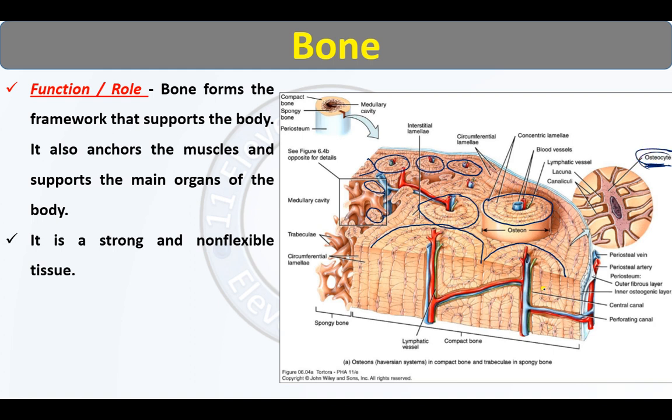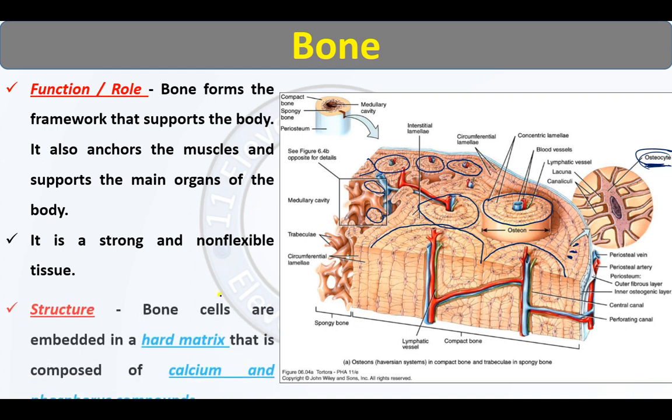See these small cells that you are seeing over here. This is one cell. This is another cell. This is third cell. These cells are known as osteocytes. This is the structure of osteocytes. Right. Now this is a detailed image, generally learnt by students at the college level. But we will now move ahead and see the basic details.